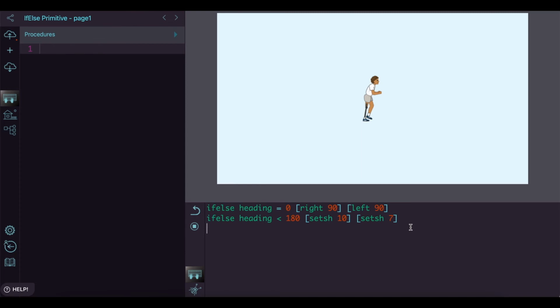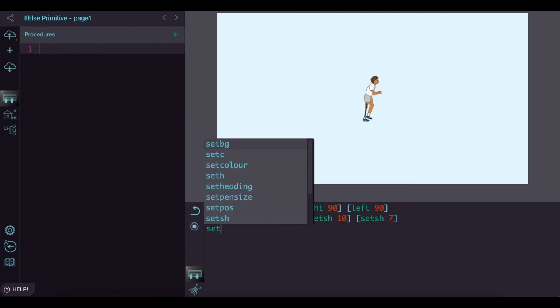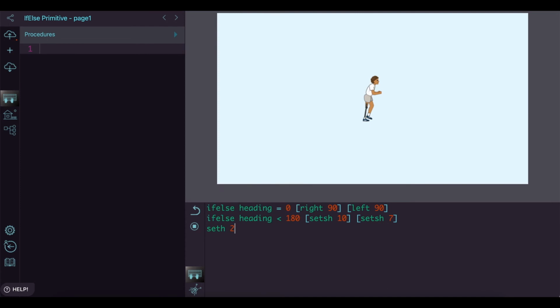Type this in the command center. Set heading 270. Now run the if-else line again. Since the turtle is no longer pointing in the 0 direction, the second instruction is executed and shape 7 is